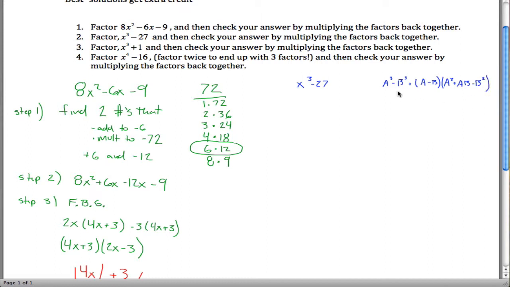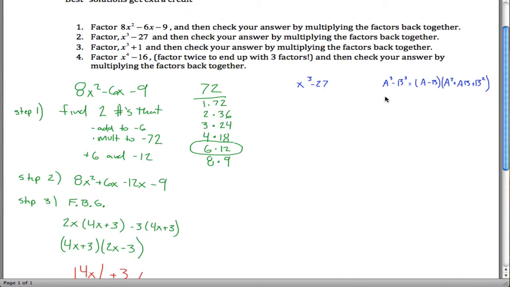Kind of the way you can remember that is these signs are the same, these signs are different, and this sign is always negative. Is that true? No, this sign's always positive. Should be a plus b squared there. Yeah, that looks better. Anyways, this is my formula, so in this case I have my a is x and